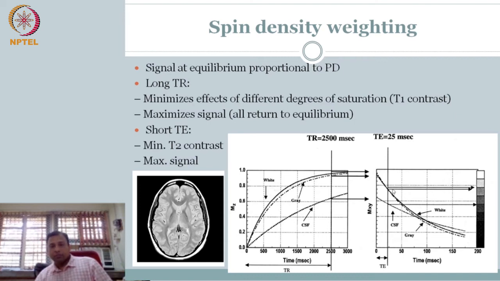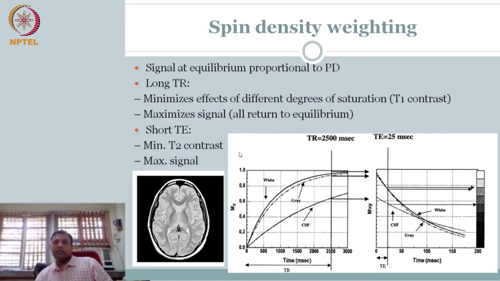Clearly you see not much difference between these two, which are white and grey, whereas your CSF will be shown nicely. That is what you see here. The CSF is seen, otherwise you don't really see too much of a difference between the other two materials. Whatever little difference is there is what you see. Clear? So now you know, by manipulating the parameters, the fundamental signal weightage is given to the intrinsic signal of PD. How we get it at different locations, we'll see in the next chapter. But you get a distribution by acquiring it in this sequence.